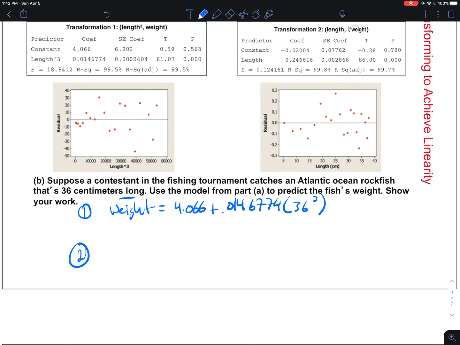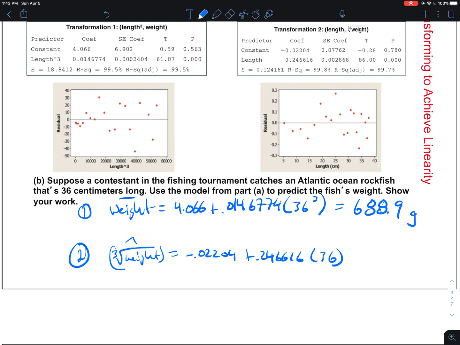That's length cubed, versus the cube root of weight hat, which is negative 0.02204 plus 0.246616 times 36, not cubed. All right, we're just going to plug that one in, and then we'll transform it. So looking at the first one, just plugging in 36 cubed, we get